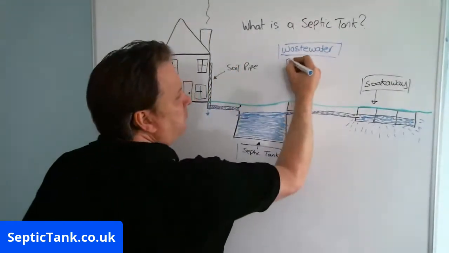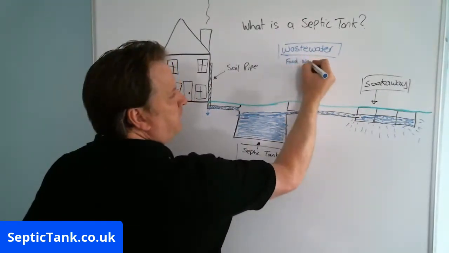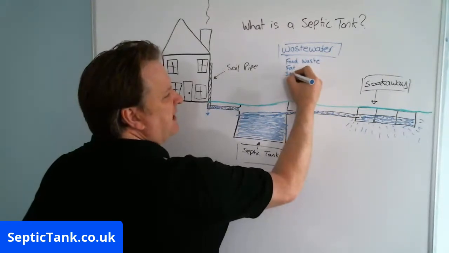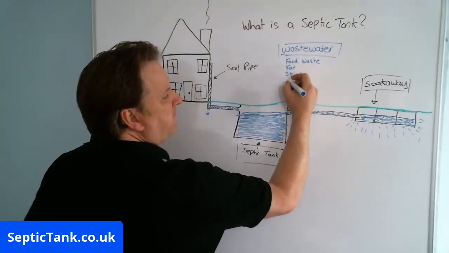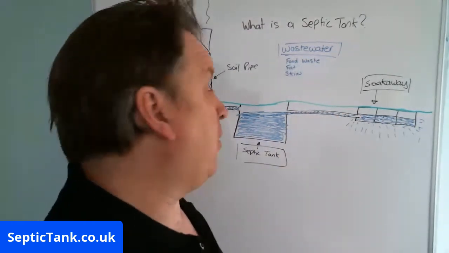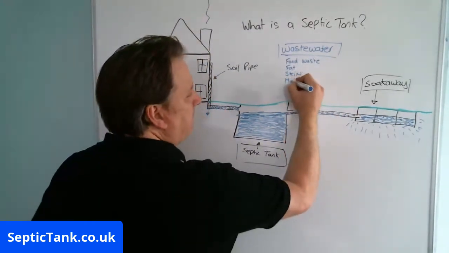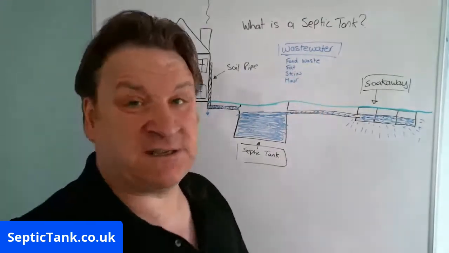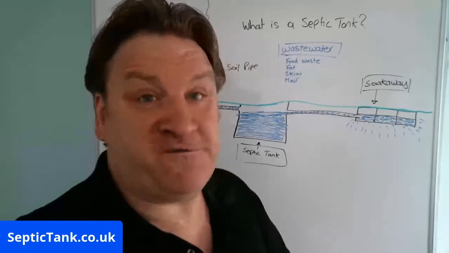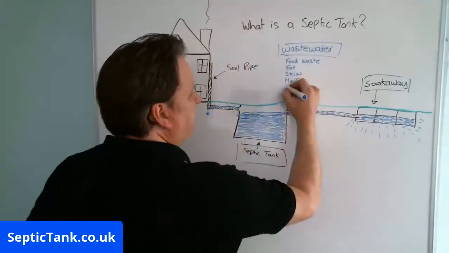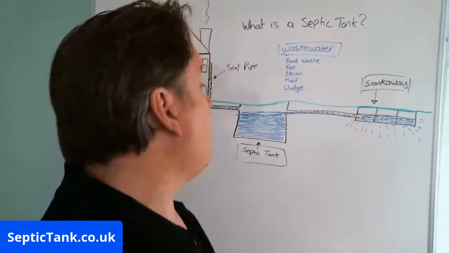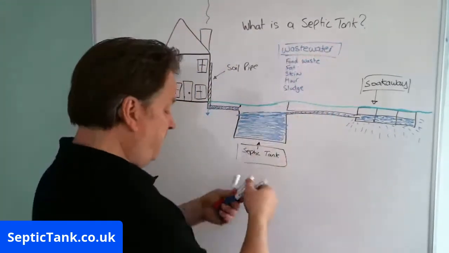So you've got food waste, you've got fat, you've got skin, you've got hair, and lots of other stuff. Our number 2's excrement is made up of sludge, fat, and grease, and lots of other things. Sludge is a byproduct of the fat and stuff. But what happens is all this stuff